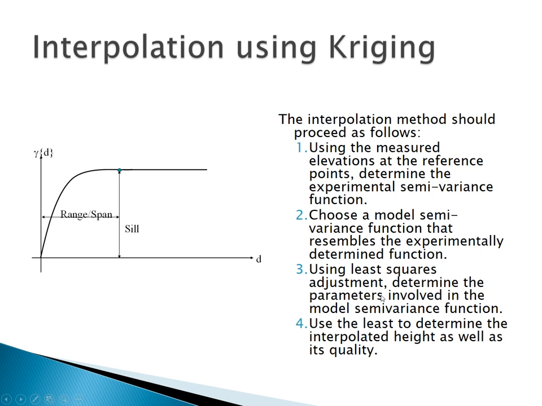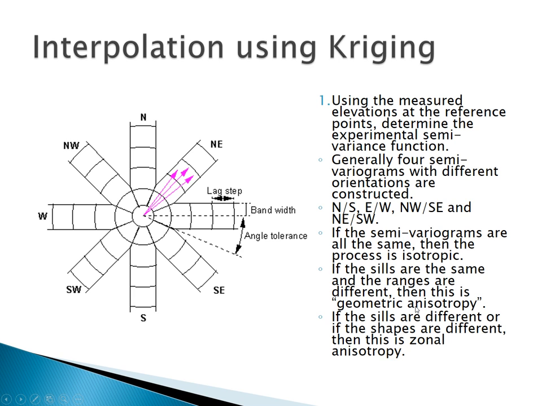Then apply least squares, and then use the least value to determine the interpolated height as well as its quality. So what's neat about kriging is that it's actually very orientation based. So in this first step, we are going to look for our points, and